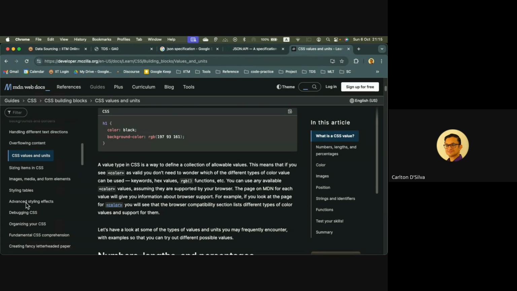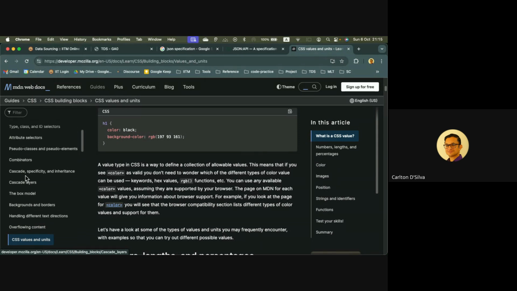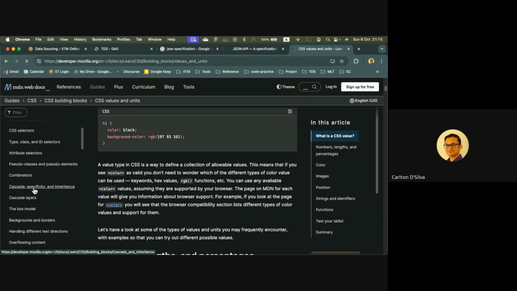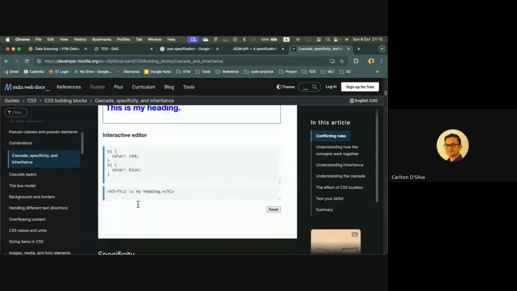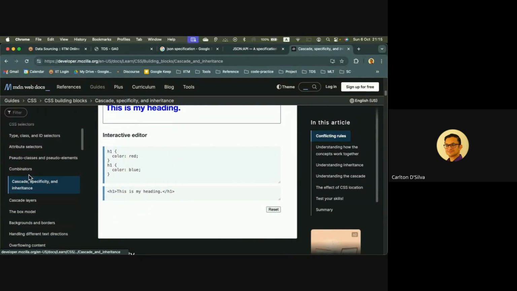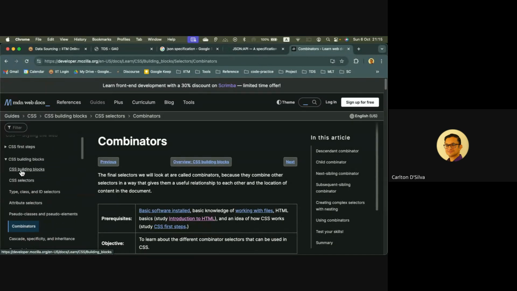So not even cascade layers. If you learn up till, I don't even think you need this. Yeah, you don't need this. Combinators, yeah. Okay. So if you start at CSS building blocks, CSS selectors, type class, attribute selectors, pseudo classes, and